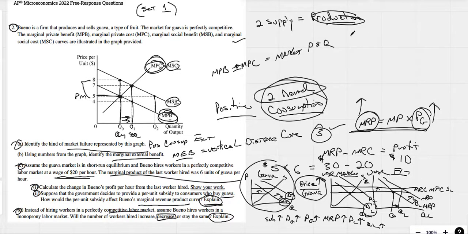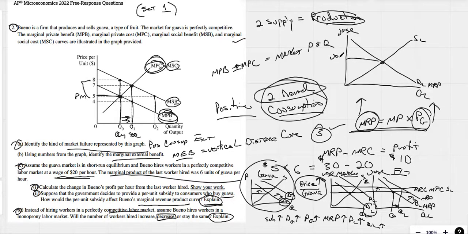Let's draw the graphs here. We're going to draw a monopsony graph, and you should know how to draw this off the top of your head. There's only been one other FRQ that was monopsony, I think I can remember in my head. This one is also at least a monopsony question. This is our supply of labor here. This is our demand for labor, our MRP. This is a perfectly competitive labor market. Wage here, quantity of labor. Now, that would have been the wage that a perfectly competitive labor market would have paid, and they would have hired that many workers. The monopsonist, though, the monopsonist